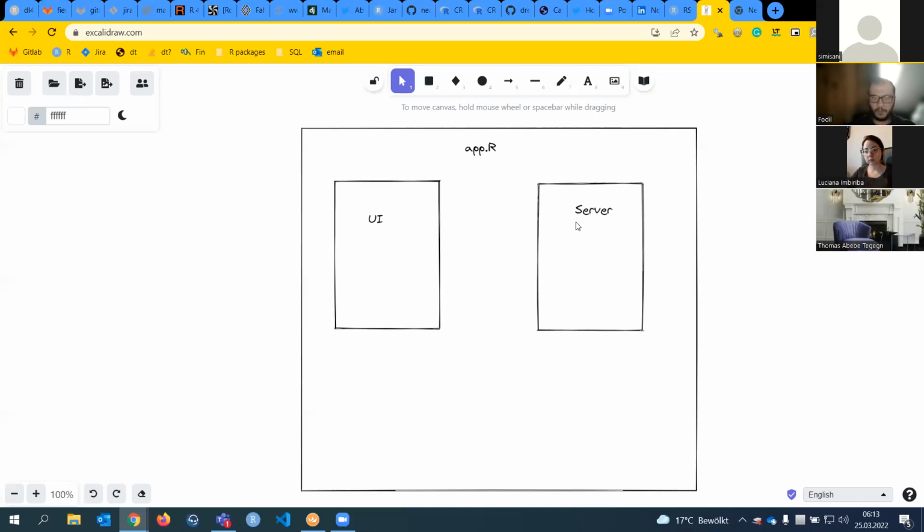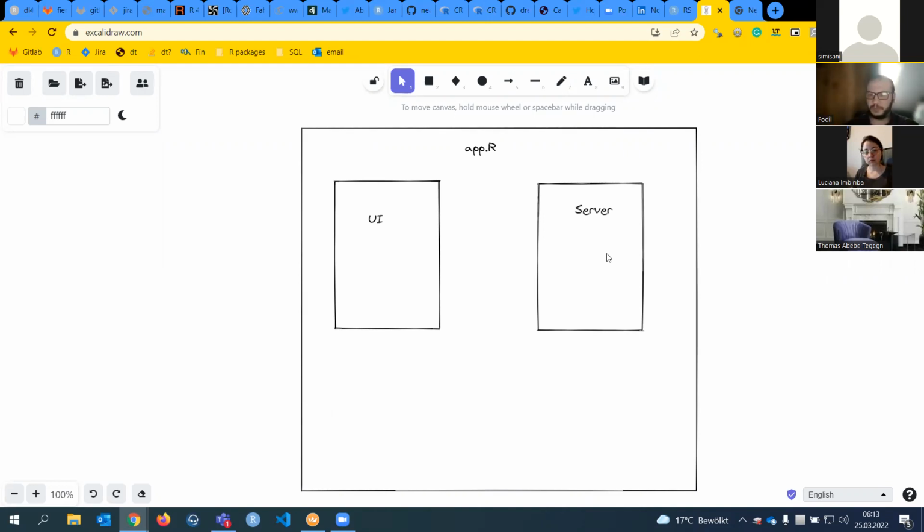Because in the UI, we will write R code, for example, to display buttons and stuff, but this R code will be converted to HTML and CSS for the styling. However, the real calculation, the function that will take your vector and make a mean from it, will be R code.